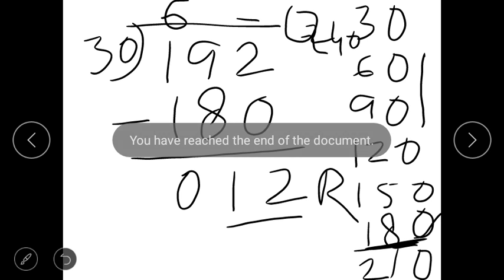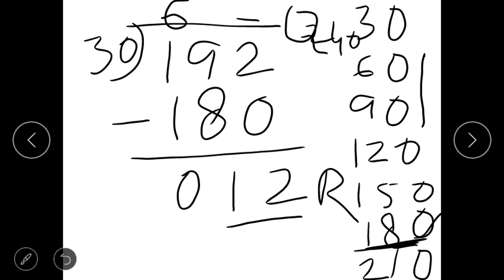Okay. So here our class is over. These questions which I have explained here, you have to do in the copy, and all the remaining try to do in the copy only. In the book there is not enough space. So do it in the copy and show it to me.